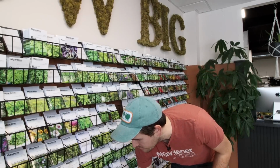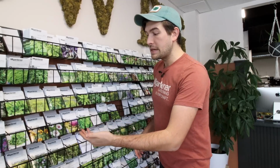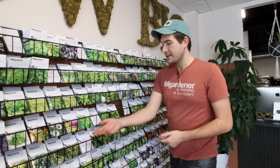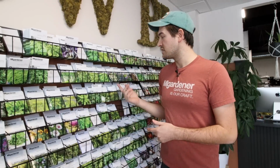Instead, I'd much rather you say, all right, I'm going to be realistic with my space, how I'm growing and what I'm able to grow. Instead, pick out things like might be some herbs, might be some thyme, sage, oregano, basil. It could be some lettuce, some cilantro, carrots. We have a container growing guide on everything you can grow in containers. I mean, heck, you can pick tomatoes that grow well in containers, but there's just some things that just don't